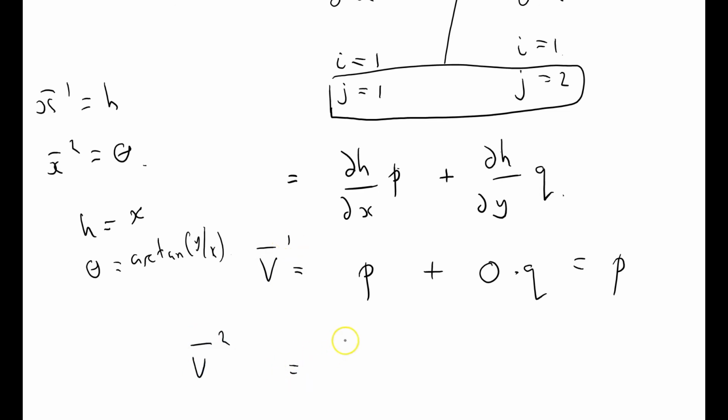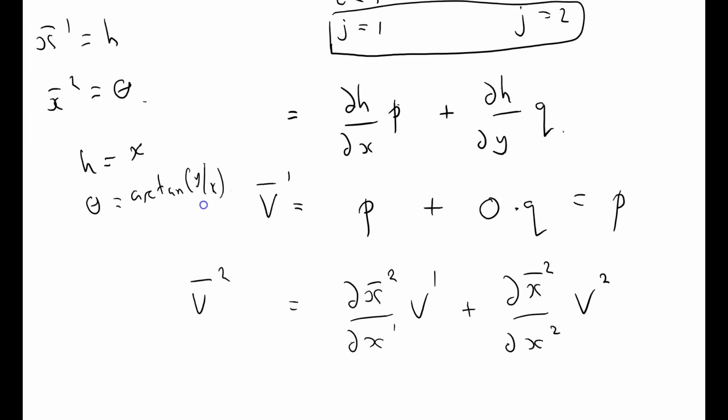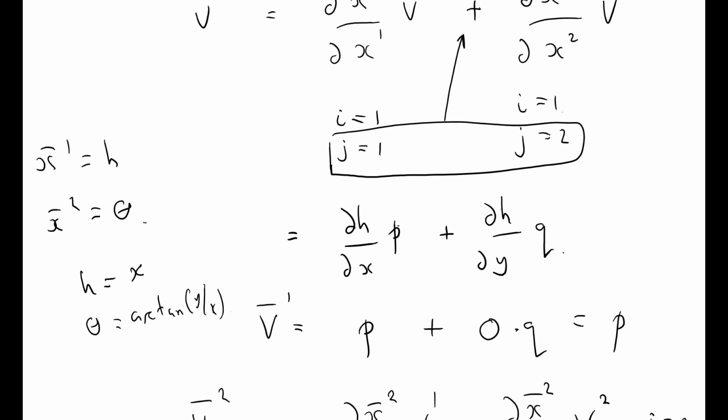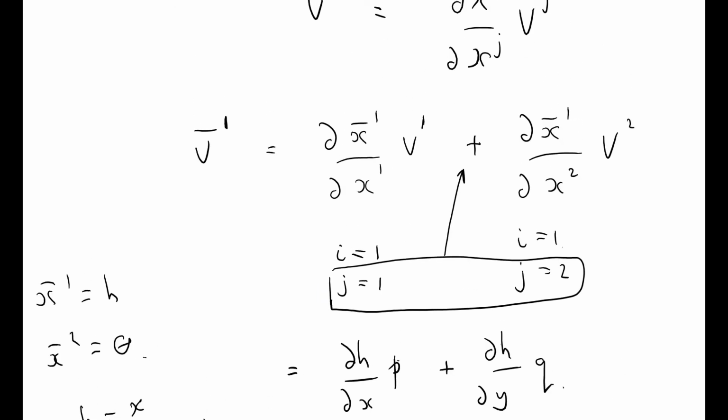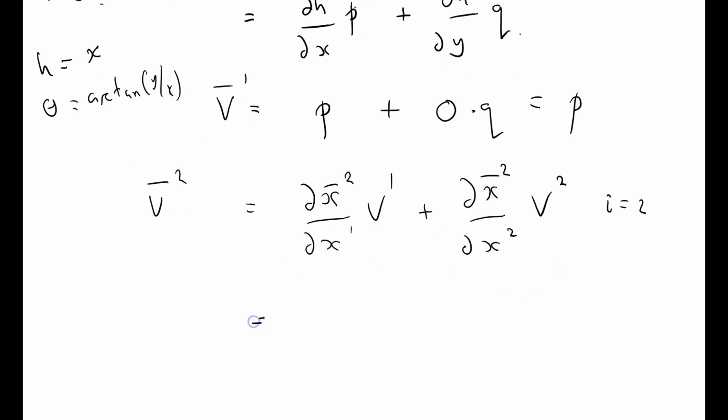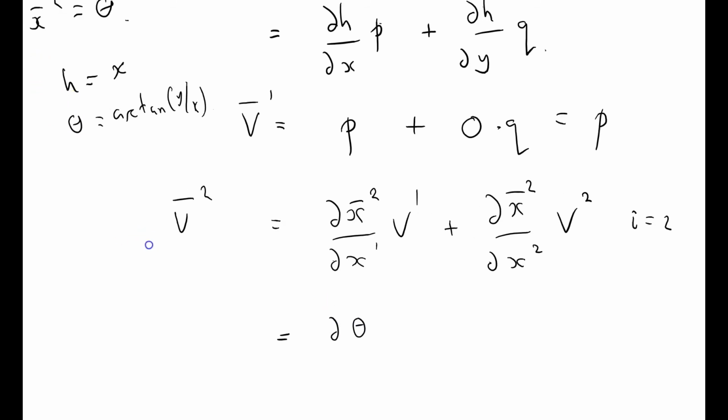V bar 2 equals ∂x bar 2 by ∂x1 v1 plus ∂x bar 2 by ∂x2 v2. So again, this is corresponding to i equals 2 in the general case. Where's my general case? There it is. Instead of i equals 1, I'm substituting, and we're summing through j equals 1 and j equals 2. Equals ∂ of x bar 2, so that's theta,